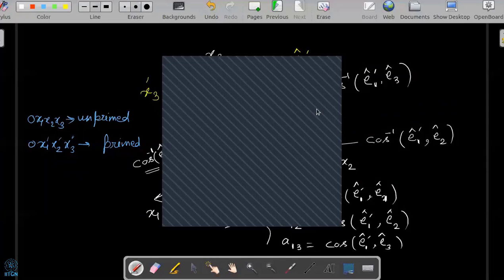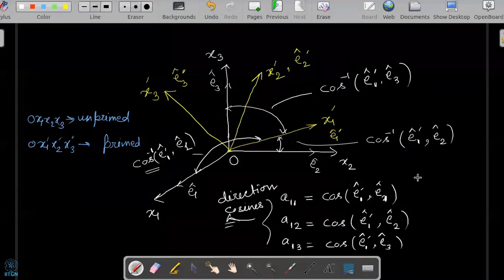Shall I call a name? Animesh? Sir, with these new cosines that we have defined, the new angles, we will represent the new vectors using them. Here the primed one is the new coordinate system, and if we need to represent a vector with respect to the new coordinate system, yes, we will see that.